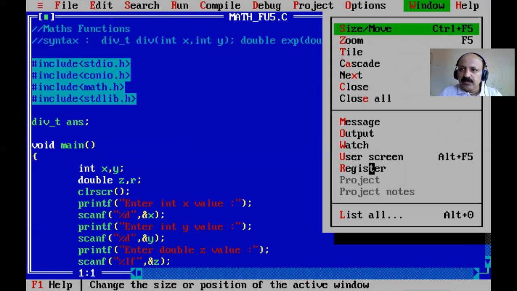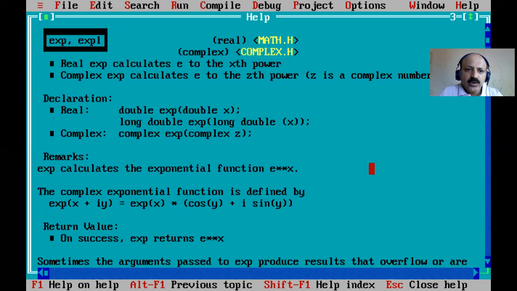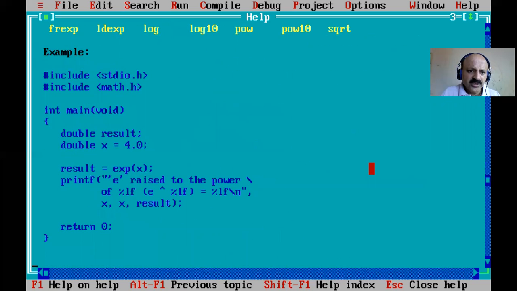Okay, we can also see help, and that is exp. Yes, here it calculates e to the power of x, that is the meaning, and here the syntax is double exp double, which calculates the exponent. So here is the exponent function e double asterisk x. That is a power, like the power function, but that is the exponent value. Here one example is also there, so you can also refer to that. So here pass 4.0. Yes, let us take 4.0, we have to pass in our example.